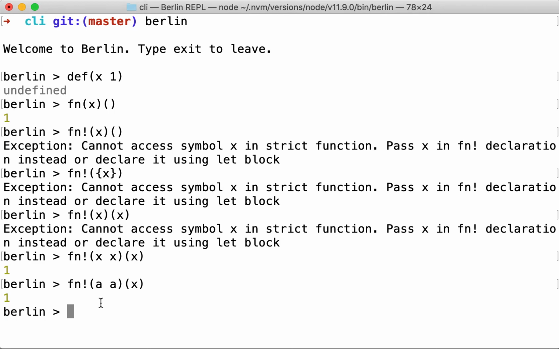Now, as I said, strict functions have the advantage that they don't depend on their surrounding scope. They have everything they need given to them explicitly. And so therefore they have greater referential transparency.